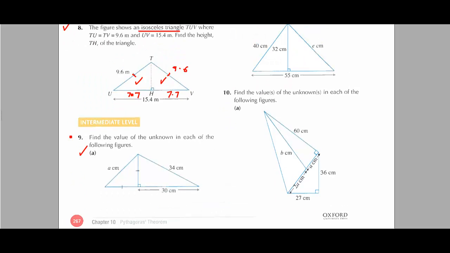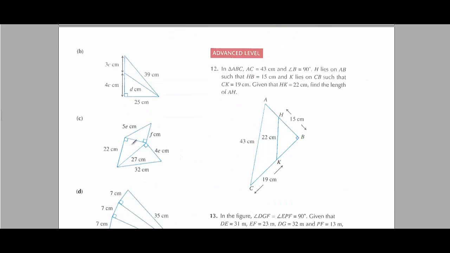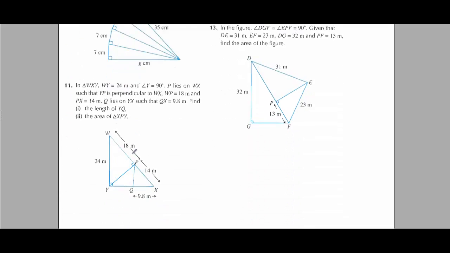Question number 10. Do question 10, the complete question. In question 10, do this part. Do this too. Do this one, this one. Oh, it is very easy. Do this too. And from question number 11, all the parts in which